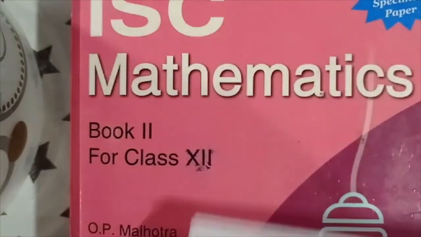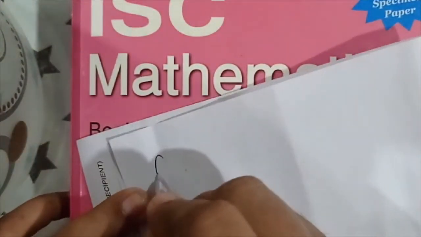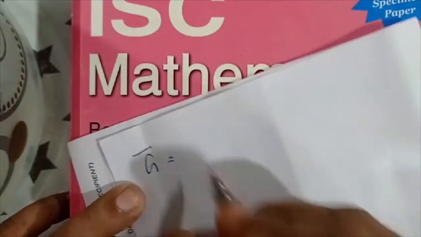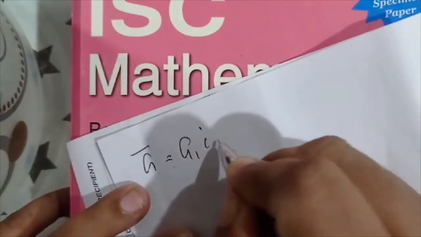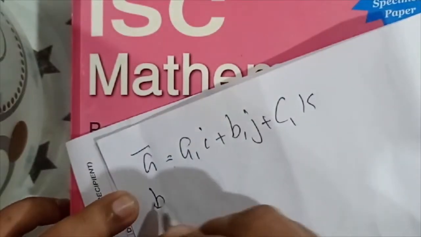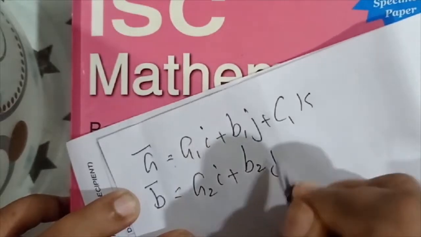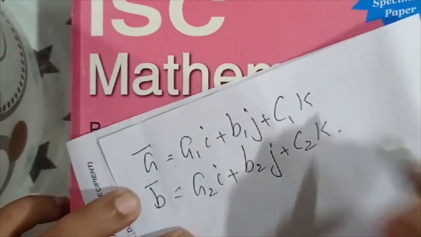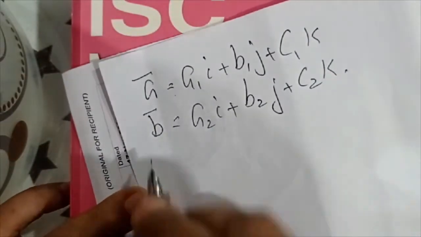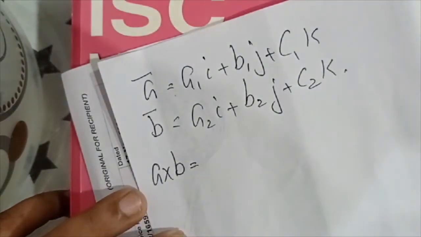Let vector A equal to A1 i plus B1 j plus C1 k, and B is equal to A2 i plus B2 j plus C2 k. Two vectors given. Then A cross B is equal to